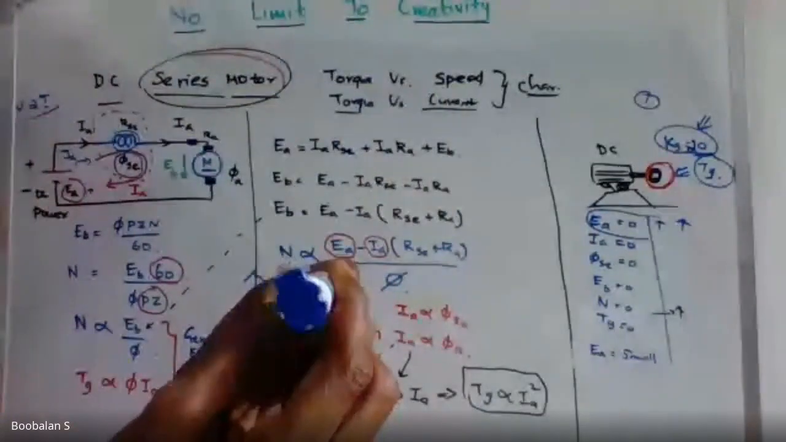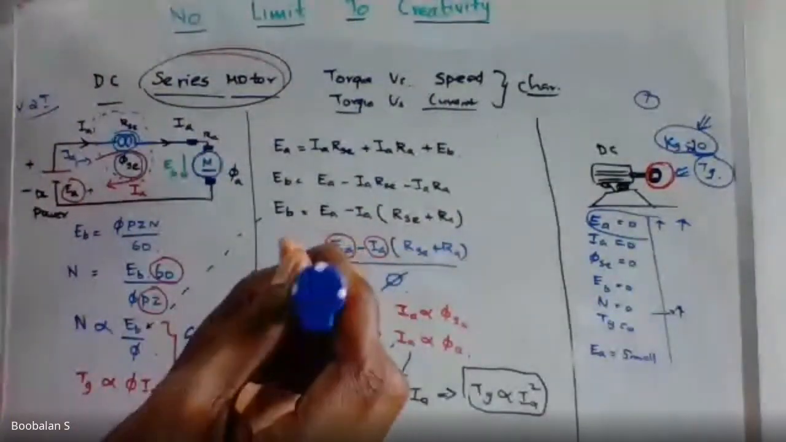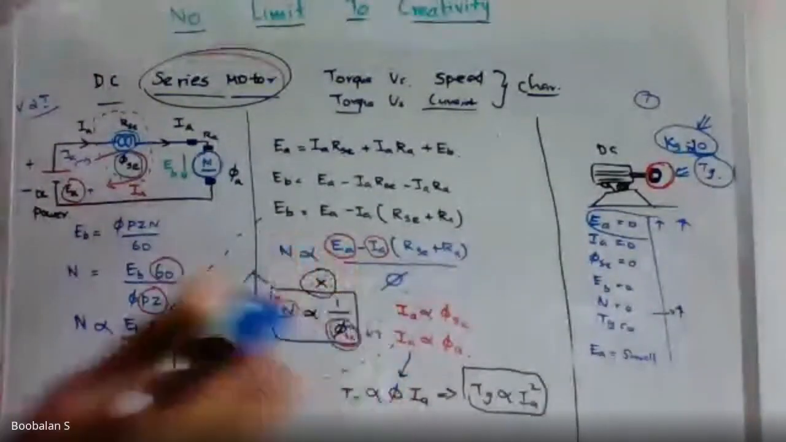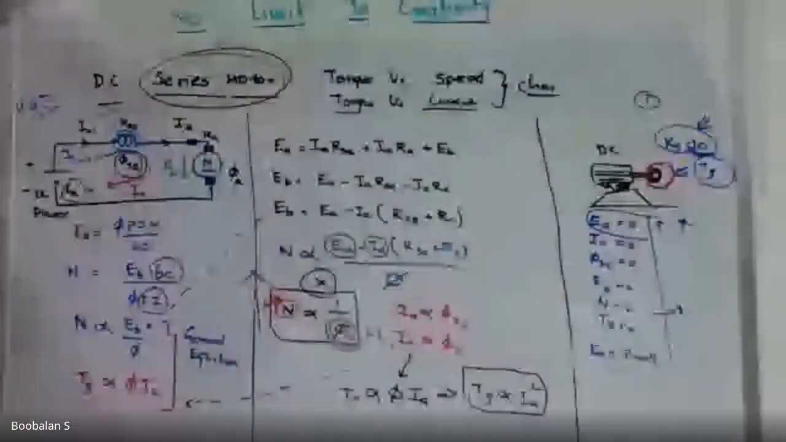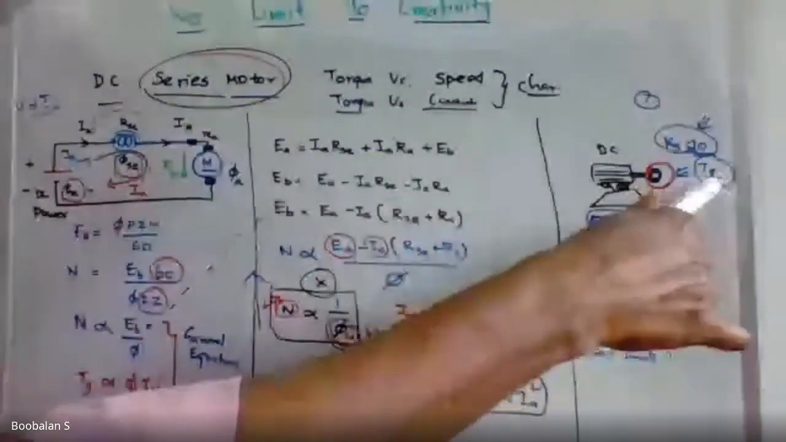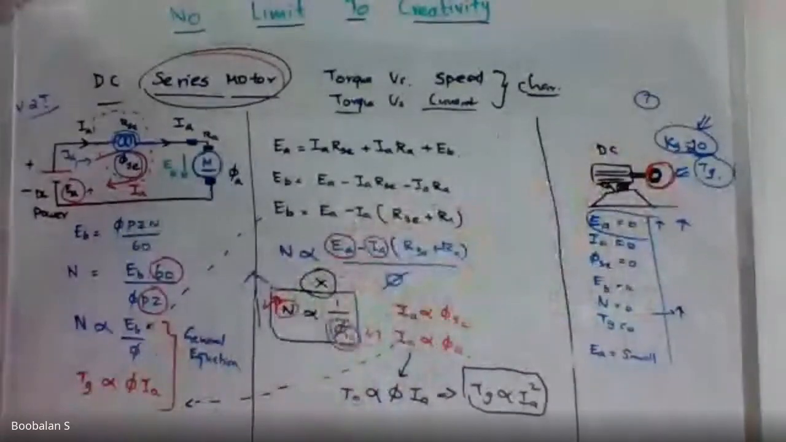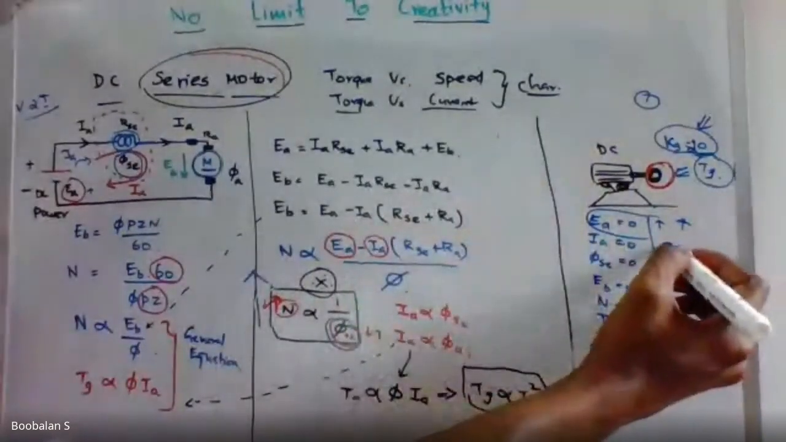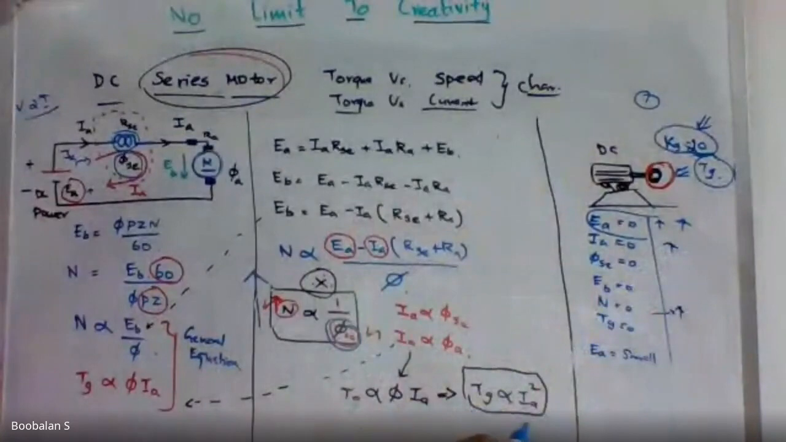The motor is going to pull, right? So the motor is going to pull that 20 kg. So what will it do? It needs to generate that much torque. The motor is going to generate that much torque, right? So for that purpose it's going to consume more current, because we already came up with the equation for the DC series